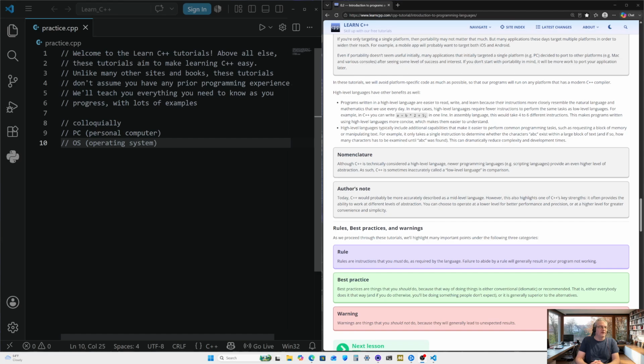I've never been able to pronounce this word here. Nomenclature. Yeah, never been able to pronounce that word very well. I need to look it up to figure out how to pronounce it properly. Anyways,